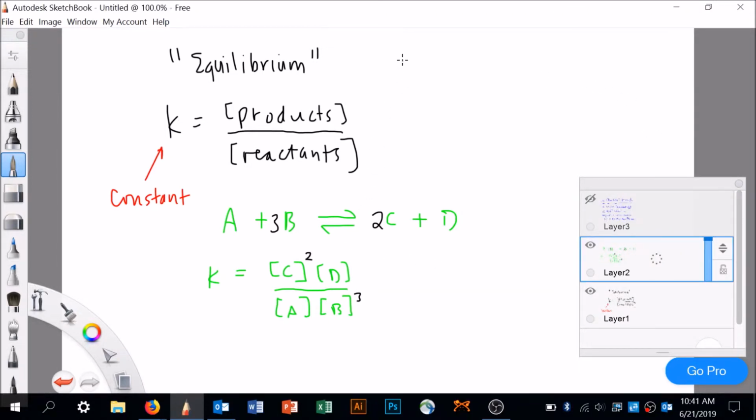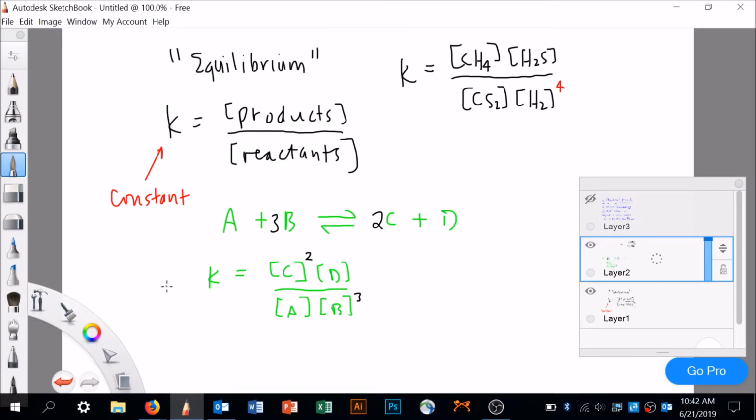And I'm going to say K for the system is equal to the concentration of methane and hydrogen sulfide, and H2. And what else was it? Carbon disulfide, yeah. Carbon disulfide, okay? And I happen to remember that this was raised to the 4th, and carbon disulfide, I think, was raised to the 2. Probably should be able to tell by looking at that. That's probably it. Let's go back over here and check it.